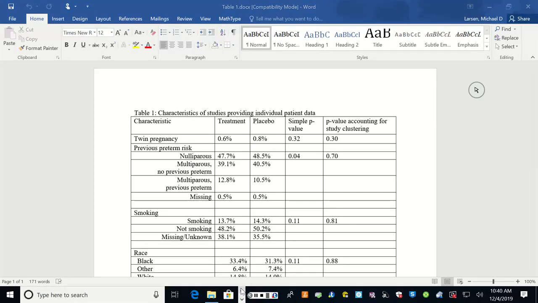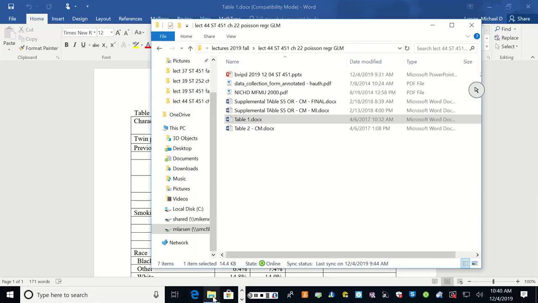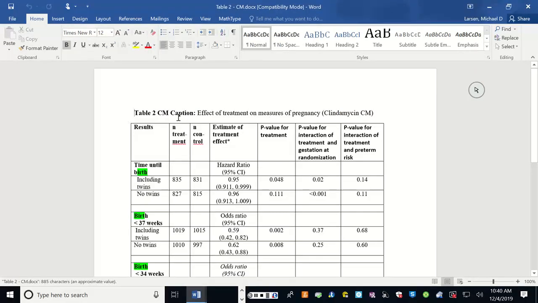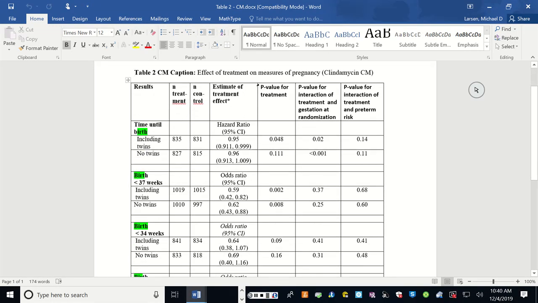Let's see where this one goes. We created tables of the effect of treatment on measures of pregnancy for the clindamycin, the CM1s, right? So, out of this number of treatments and number of controls, an odds ratio for the treatment effect, a p-value, and confidence intervals. We looked at some interactions with gestational age, and there were some interactions in these things, but the estimate of the effect is still